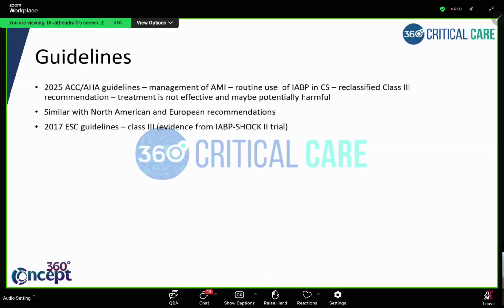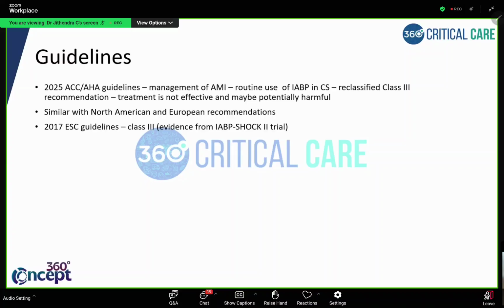Now coming to, again, whenever there's some recommendation, they usually ask you about the guidelines. I told you in 2014 itself, it was downsized in the European Society of Cardiology. So this is the guidelines. What do the guidelines say? Usually they ask you about European guidelines, but this is the overall guidelines about IABP. The latest one is from ACC-AHA. It is in 2025. So in the management of acute MI, routine use of IABP in cardiogenic shock has been,